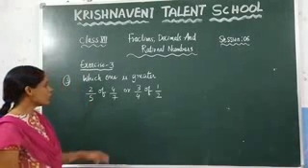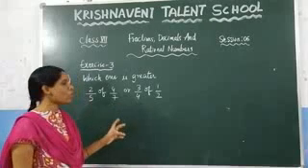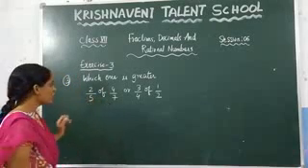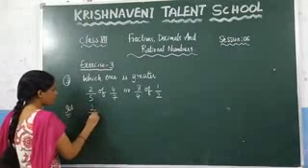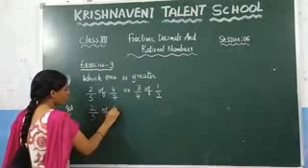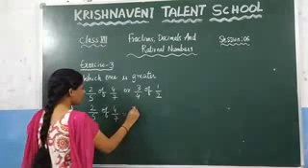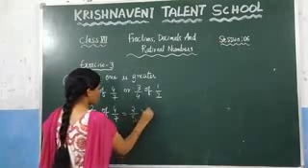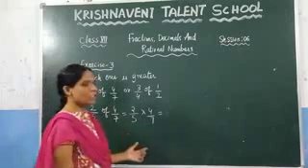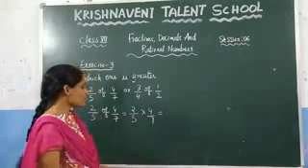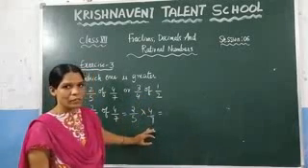For that reason we need to find the product of these two factors first, because you know that "of" is nothing but multiplication. So how do you solve this one? Consider the first fraction, which is 2 by 5 of 4 by 7. What is meant by 2 by 5 of 4 by 7? It is nothing but 2 by 5 into 4 by 7. How do you multiply the two fractions?